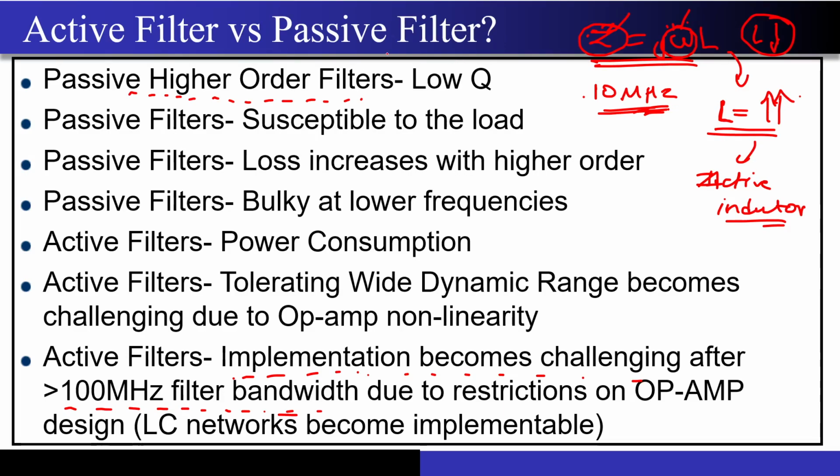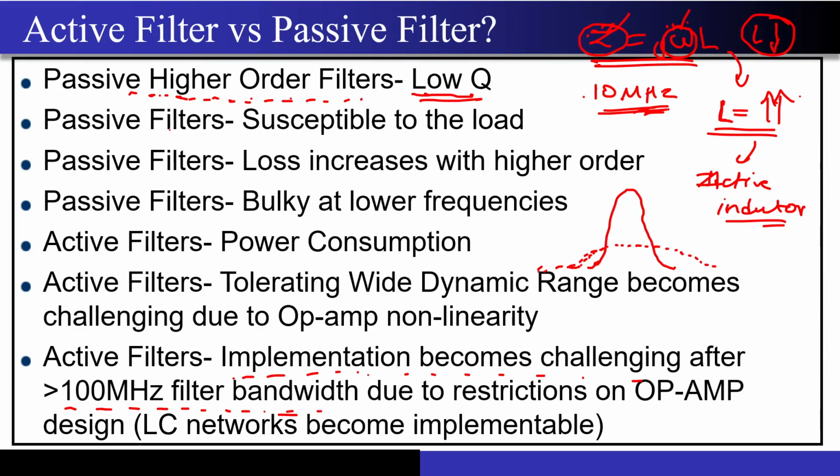So that is what I was telling you, that if you try to cascade the filters like this, on the active filter side you have some control and you can get a sharp response like this, correct? But when you do it for passive filters, you may get a very sluggish response, wide band but very low Q. So this is what I have written over here. If you try to cascade passive filters to design a higher order filter, you are going to get a very low Q, correct? And for communication applications, this is not at all desired, right? As we will see in the application case studies.